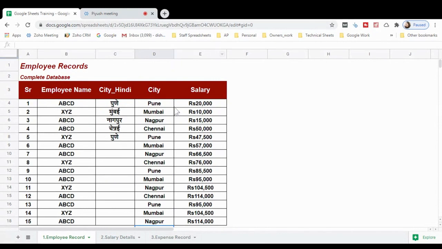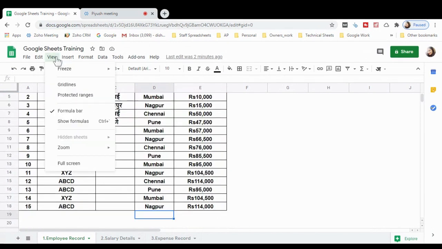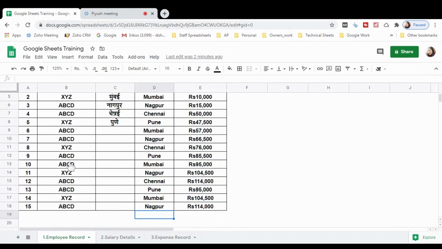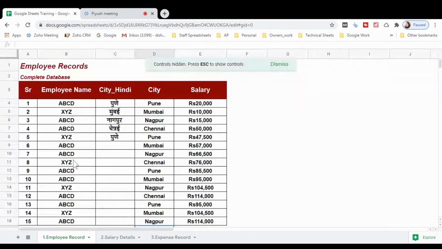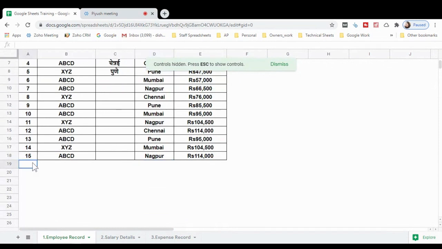To see those options again, press the Escape key on your keyboard. After pressing, you can see them. I hope it's very easy to work in the spreadsheet in full screen mode. If you don't want to do any formatting or updates, and only want to do data entry here, then this is a very beautiful function that I found.